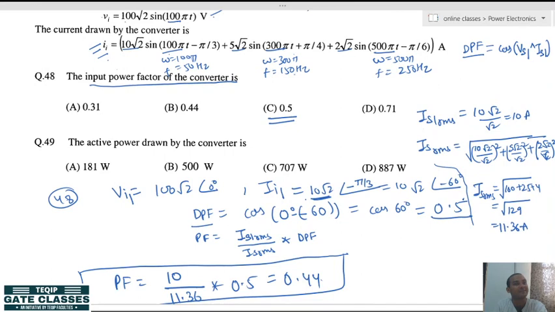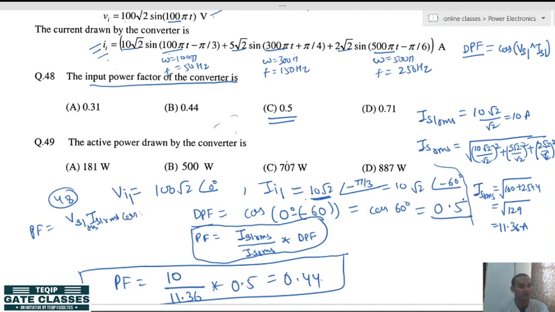So it means for calculating the input power factor, first of all, I have to calculate the DPF, the displacement power factor. Then I have to calculate the RMS value of the fundamental component and the total RMS, applying this formula. Or if you go even more general, I have already told you power factor is input active power over input volt amperes. So Vs1 RMS, Is1 RMS into cos phi, which is known as DPF, divided by the input volt amperes, meaning Vs RMS and Is RMS.